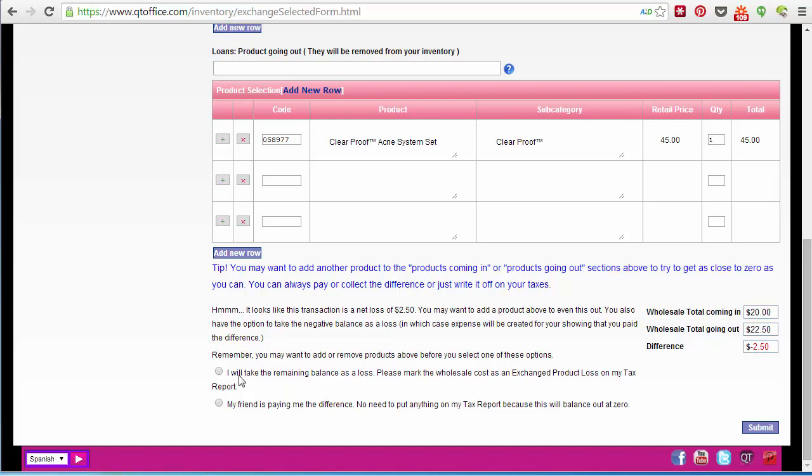We can just take this as a loss, and we will mark that $2.50 as a loss on our tax report, or our friend can pay us the difference. They can give us $2.50 along with the products being exchanged. That'll make it an even exchange, so nothing else has to be recorded, and that's what we're going to do in this case. And we'll click submit,